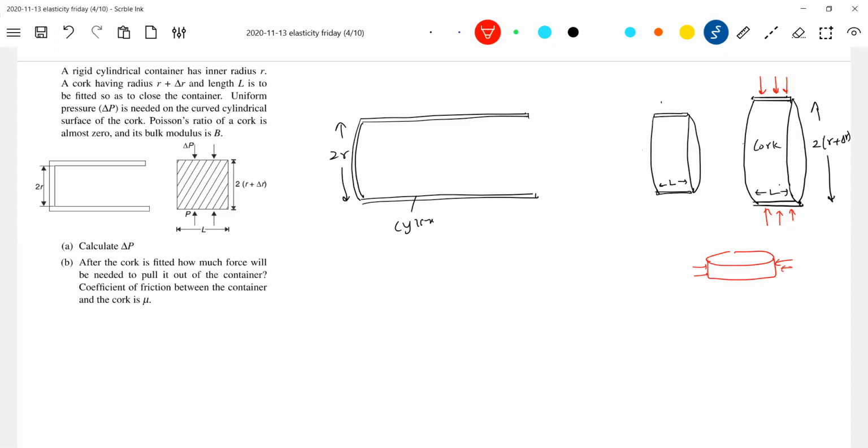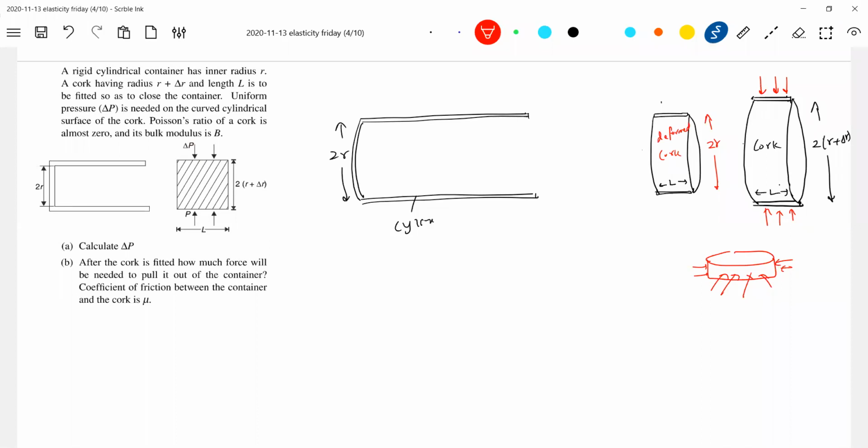I think I can't show a 3D diagram. Everywhere it will be in this direction, it should come. The lid's diameter has to be decreased. So you apply force everywhere, normal to this surface. And that is what the delta P is telling. So then the radius, how much has it become? 2R. Now this cork is, shall I say, a deformed cork.